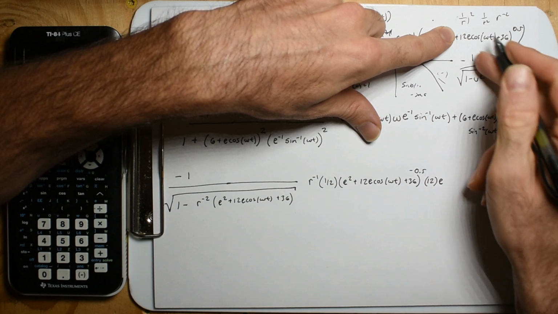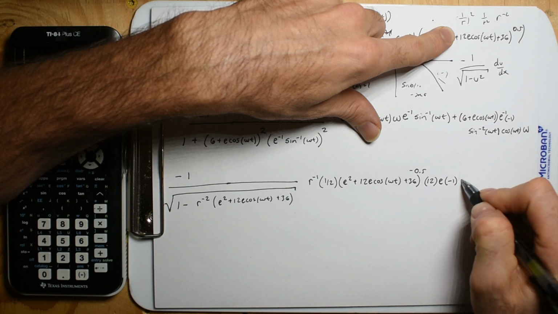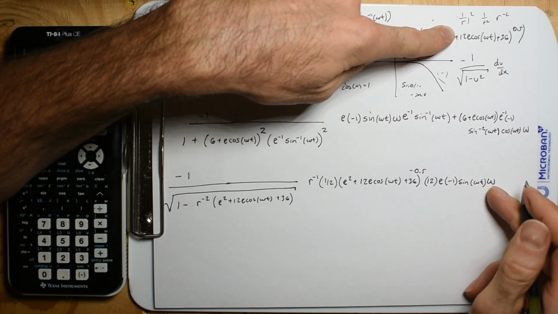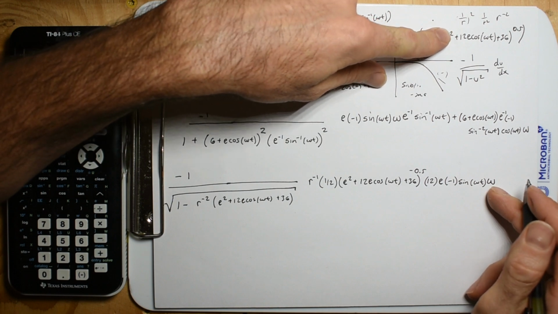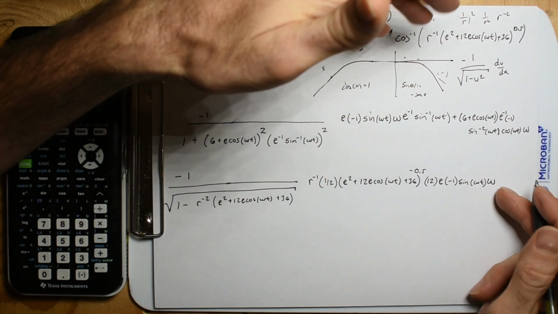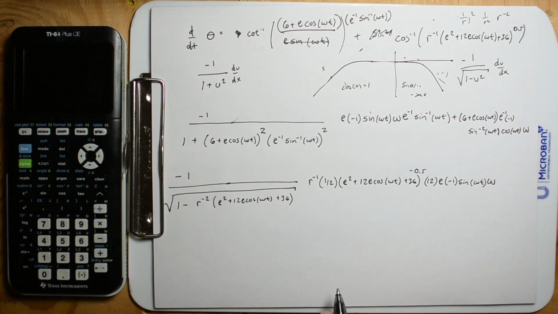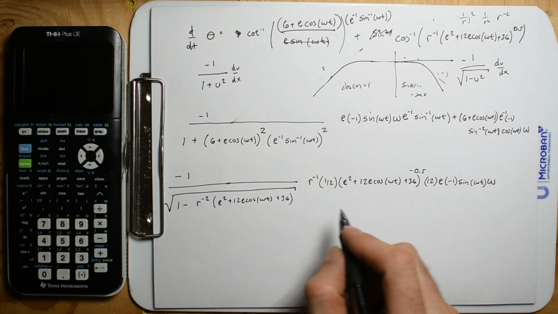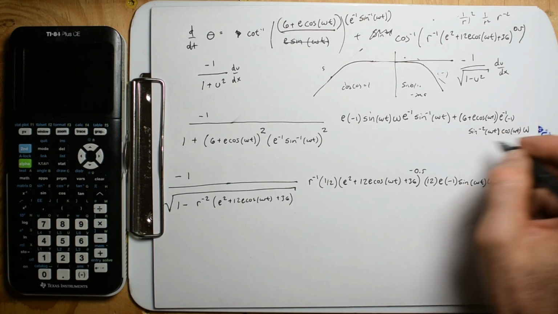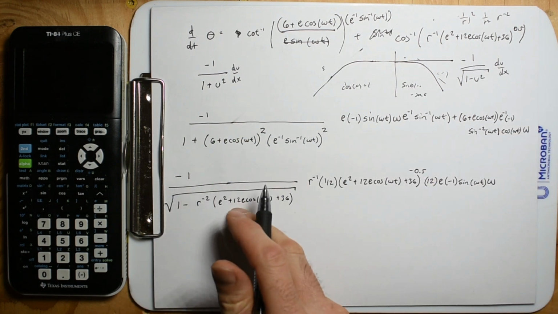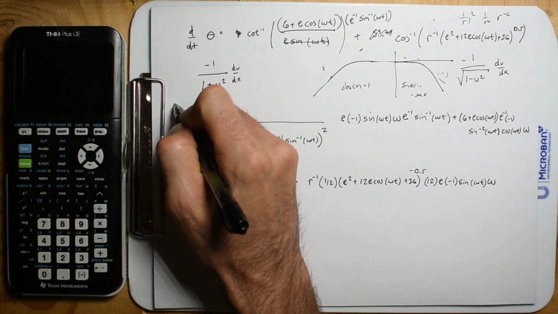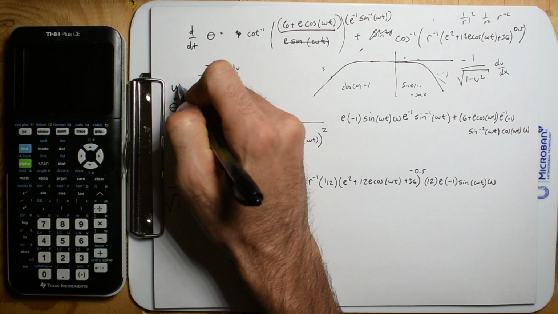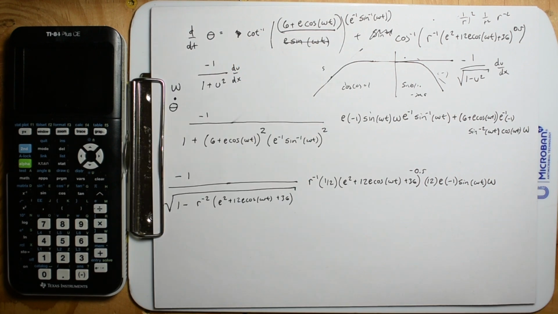So we're going to be 12e. The derivative of cosine is going to be -1 sine omega t. And then we'll have an omega. Whew, that was brutal. Okay, but we did it. We did the derivative of the inside. So there you go. This is this plus this, or this minus this. That is going to give us theta dot, or the omega of,